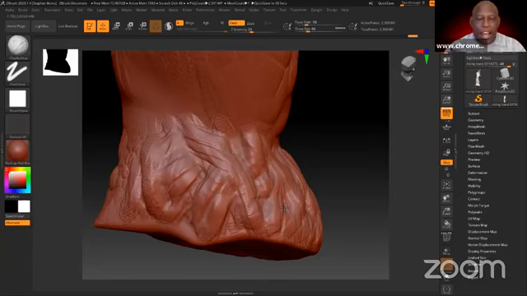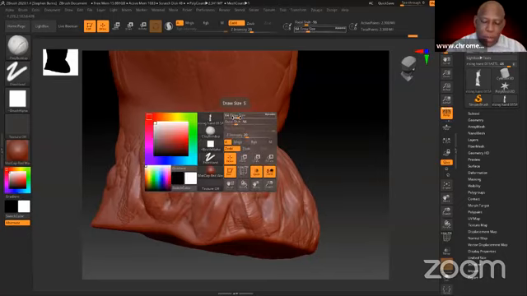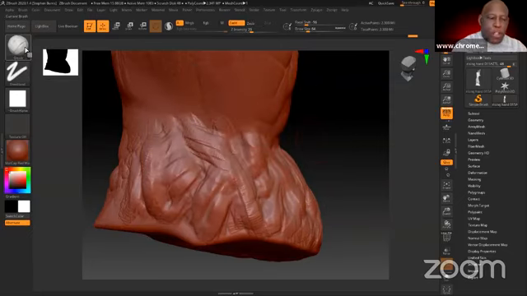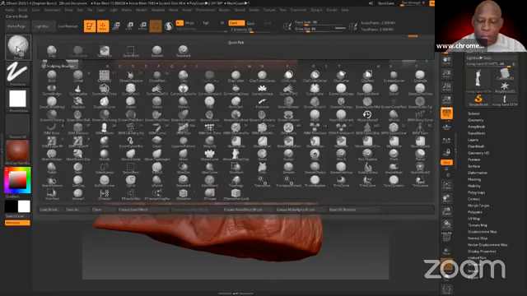I'll usually start adding veins when most of the model is kind of complete with the clay brush. I have it smoothed out, looking fairly complete. Then I'll start to put in the veins. I'll use a different brush for that. So I'm going to right click here, and here's my little brush option. Or if you want to, right up here in the top left-hand corner is my brush. If I click on it, then I have more brushes.